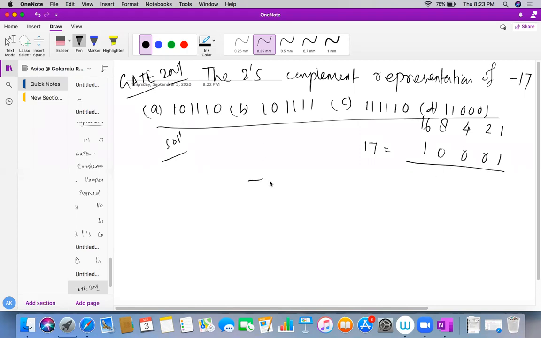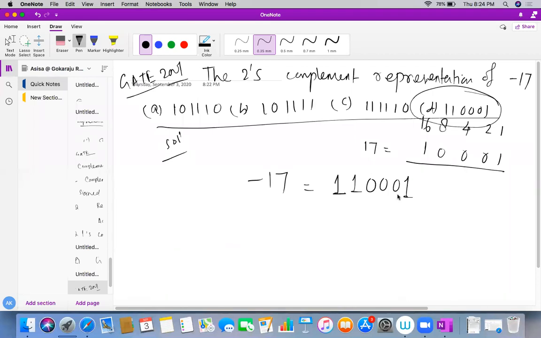Now -17 should be represented. So the magnitude has a 1 and the others are 1 1 0 0 0 1. So which choice, students? D. Do you all understand, students? Anybody has a doubt? Okay. A, no, wrong. So D is the answer, students. So -17 is represented as 1 1 0 0 1.